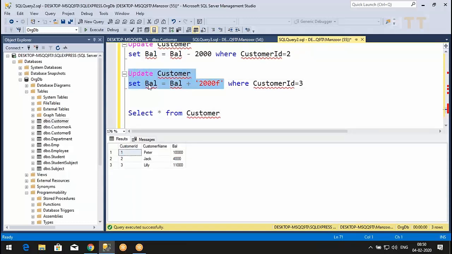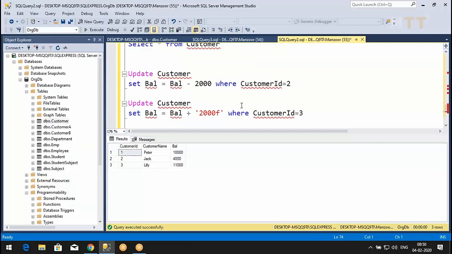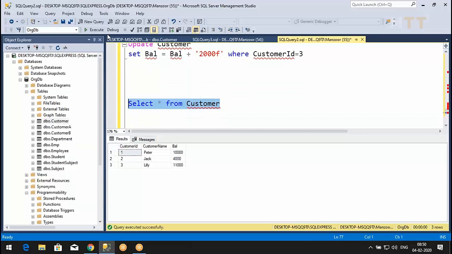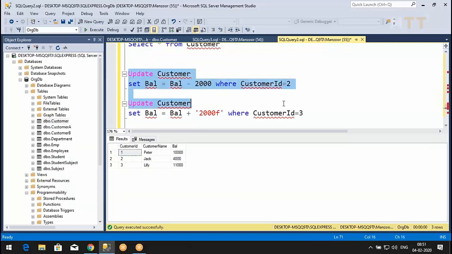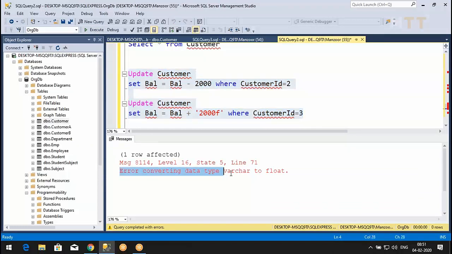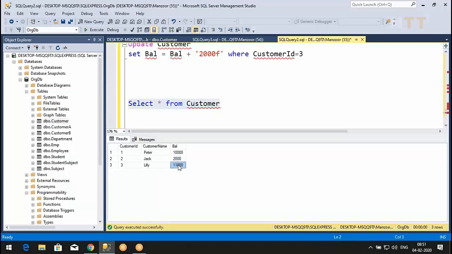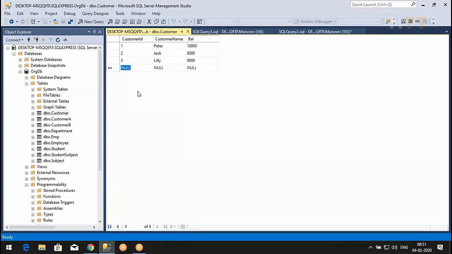Whenever it fails here, it is our job to roll back. Now this is the updated record, 4,000 and 11,000. If I execute again, 2,000 and 11,000 it will be. You see the error converting data type varchar to float. It is trying to convert this, but there is an error. So we are losing the amount. Are you all with me? I hope you understood the problem.